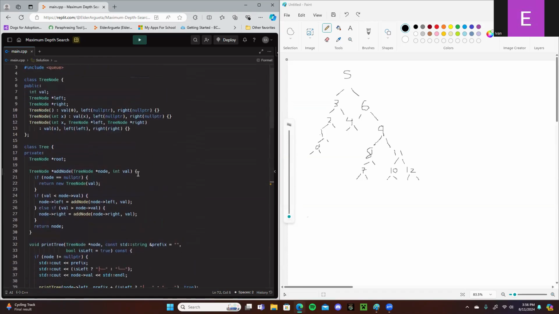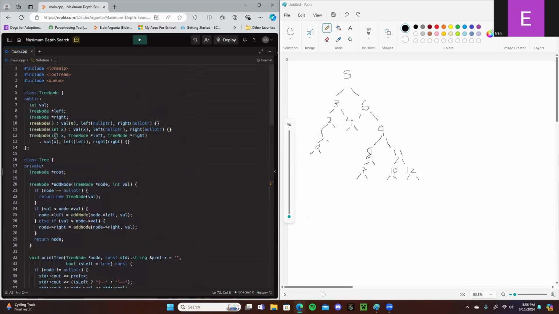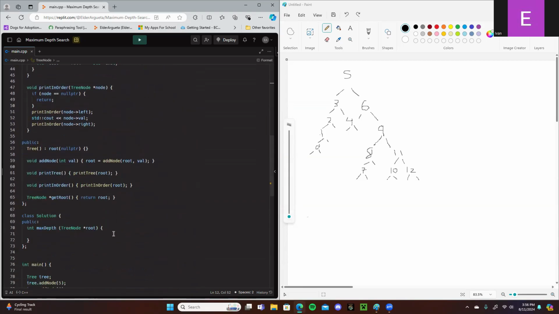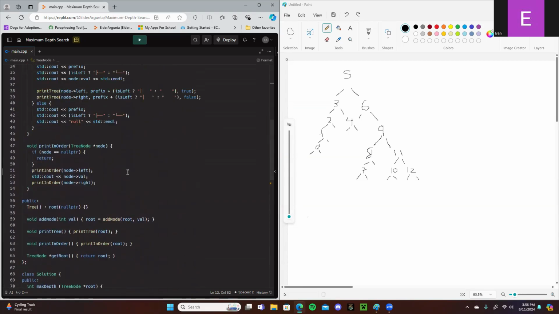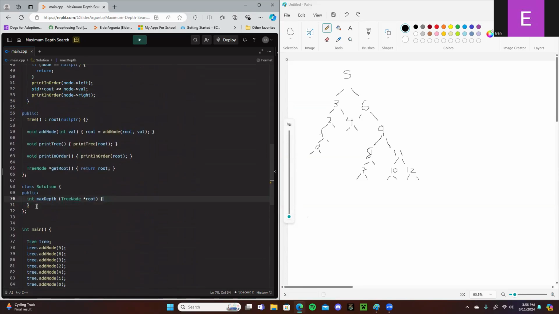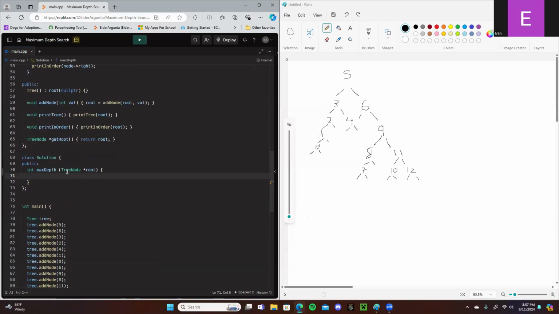And this is all the same code that I've been using for all my tree videos. I think I took away print in order. Oh no, I still have it. But yeah, this is the same code I've been using always. So in this method right here, we're going to want to